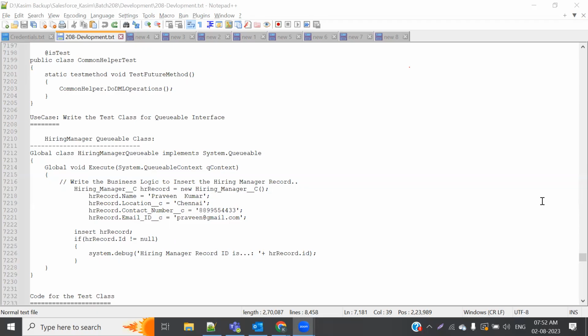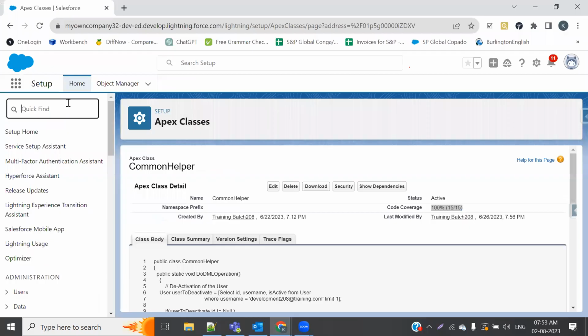You can get the status of what has happened to that particular record. This can also be done with the queuable interfaces, but this cannot be done with the future methods. So there is only one way. If the future method is executed and you want to track the result, there's only one way to do that: go to the user interface and try to find it out